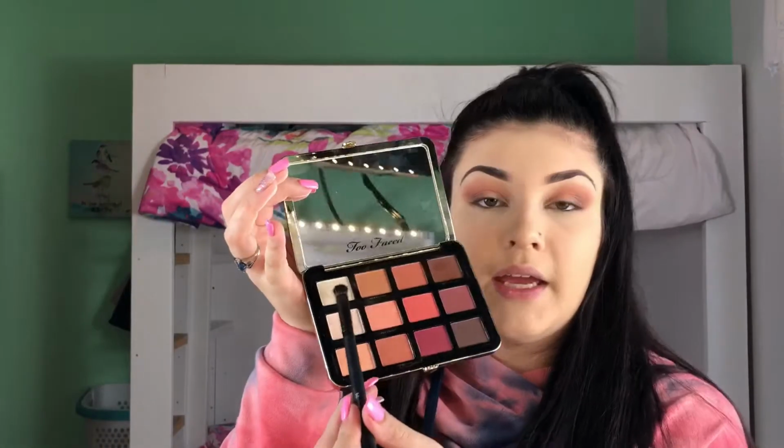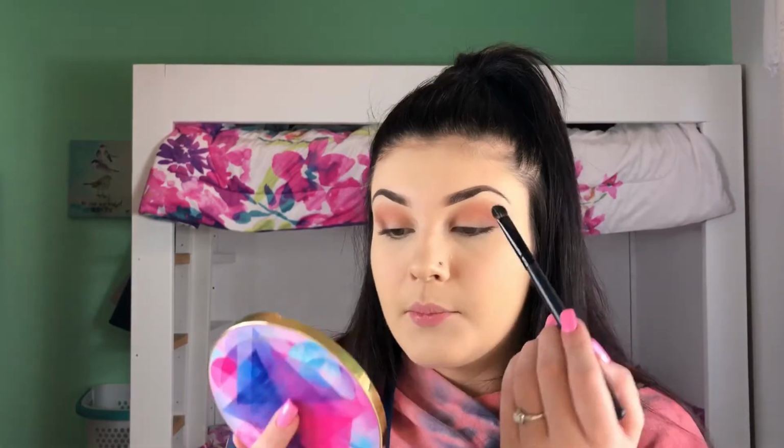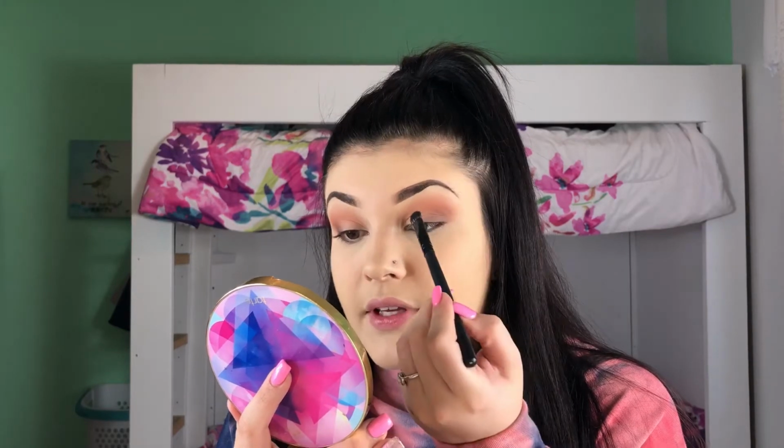I'm going to go in with this small packer brush from Morphe, and I'm going to dip into the color Peach Meringue right here. It's just a white, creamish, matte color, and I'm just going to take that on my packer brush and pat that on my lid, but not my whole lid because I don't want it to cover up the darker brown that I just put on the outer V. This is just to lighten up your lid